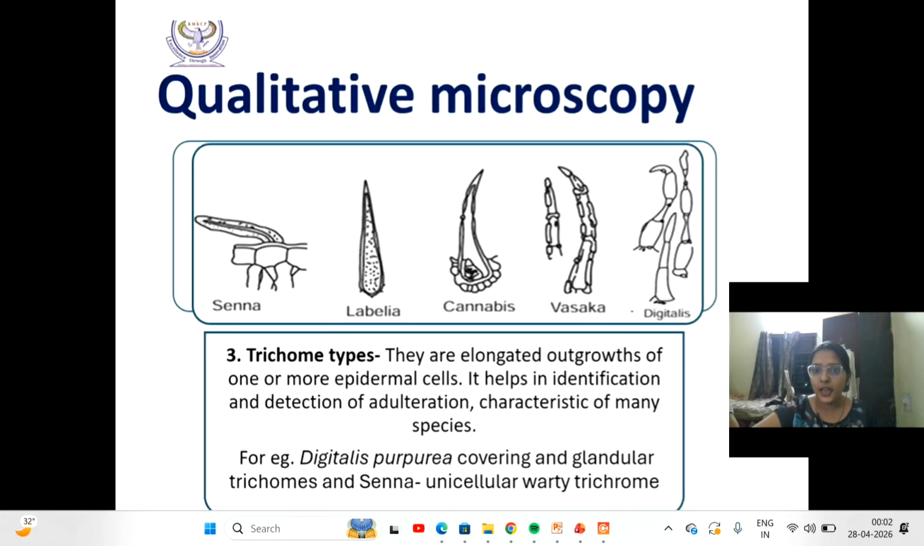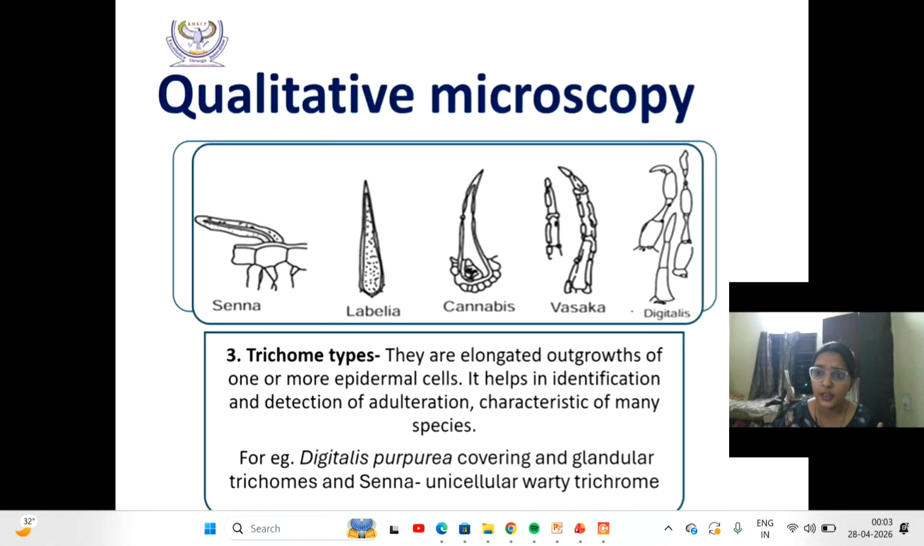Next is trichome types. These are the types you can see in the diagram, that this is the senna which is having trichomes, okay, like unicellular waxy trichomes, lobelia, cannabis, and vasaka, digitalis. These are separated tube-like rectangular, okay, so they are elongated outgrowth of one or more epidermis cells. एक और एक से ज़्यादा एपिडर्मिस सेल के एलोंगेटेड पार्ट्स होते हैं, ठीक है, समझ गए। ये क्या हेल्प करते हैं आइडेंटिफाई करने में और डिटेक्शन में ऑडल्ट्रेशन के लिए।